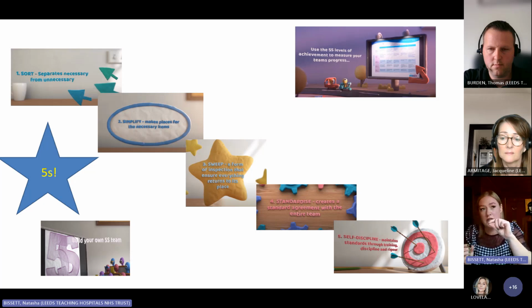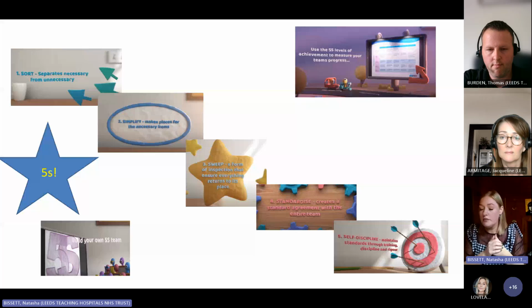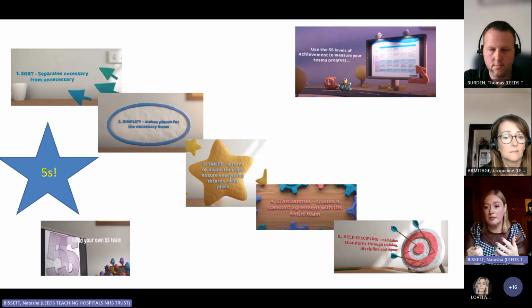So we changed things to tick boxes or drop downs where we could, to make it a bit easier to understand what it was that you needed to put in that box and to save a bit of time filling it in. Sweep, again, if you're in a physical space, it's about being able to look around and see if anything is missing so that you can make sure you bring it back before you need it